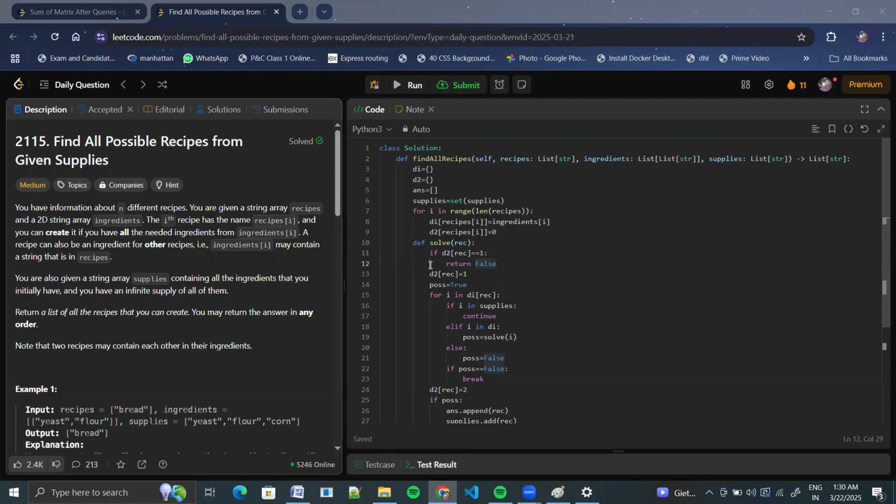Hello everyone, today we are back with another Leetcode question. So this is the question of the day, and I'll go straight to the problem statement. The problem statement is very straightforward, and the question number is 2115 if you want to attempt it